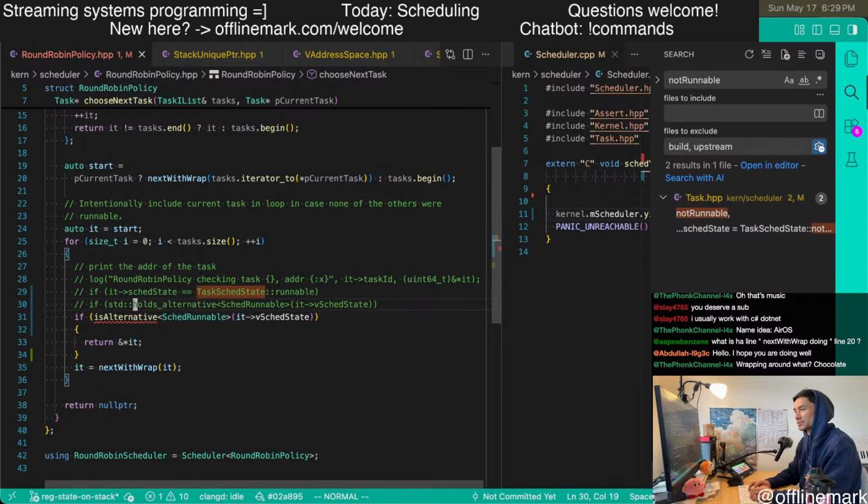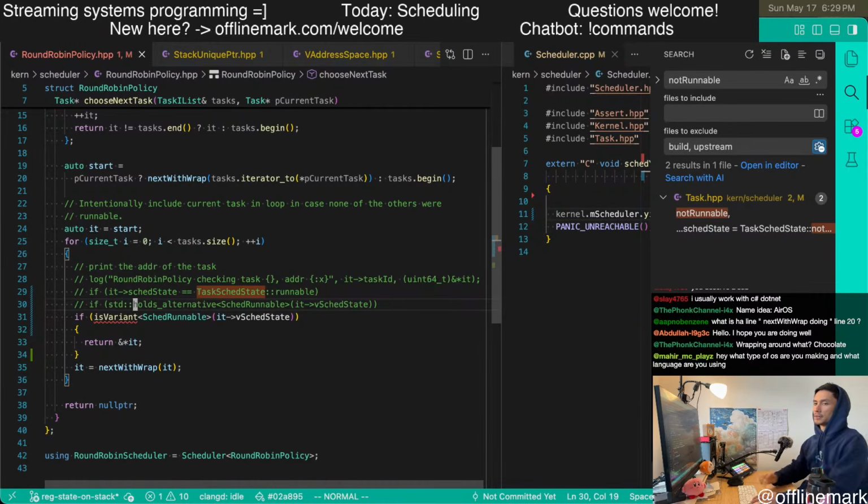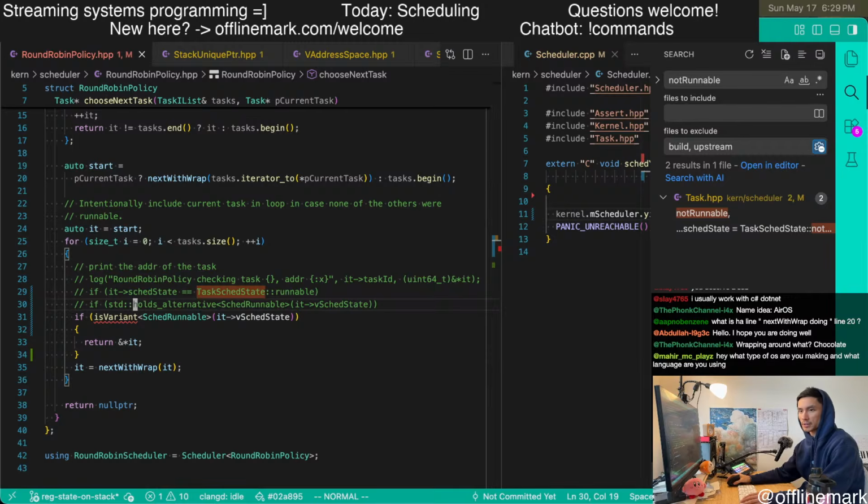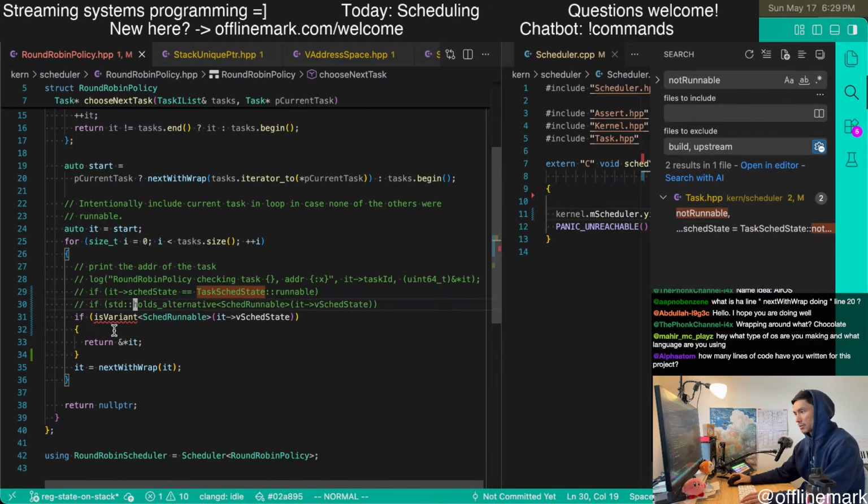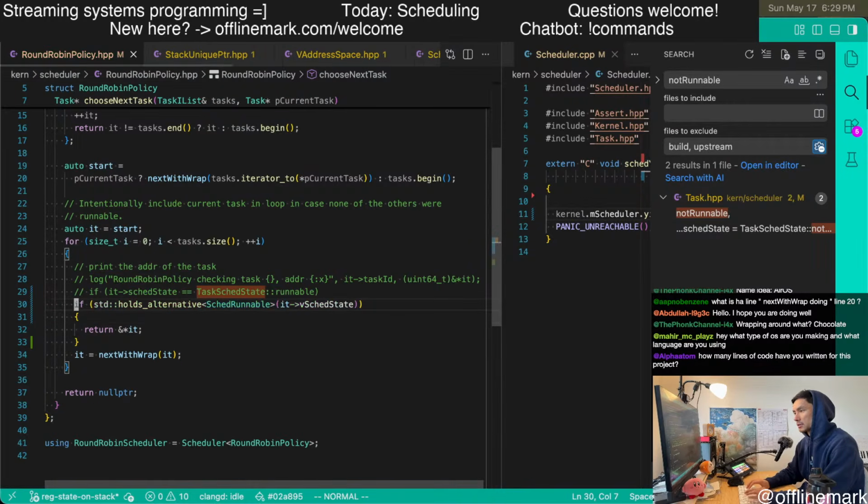Alternative is such a cumbersome word. Is variant. Something like that. But yeah, for the moment, I'm just gonna stick with standard C++.